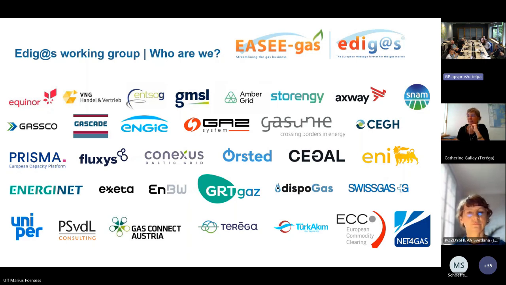Next slide. So here you can see which members are there in our working group. We also have all the roles. We have traders and shippers, we have the TSOs, we have service providers, we have SSOs. We also have members that are hosting LNG terminals. And we also have members like ECC, for example, the clearinghouse of the energy exchange. And as I said, some service providers also, to get the full picture. And we also have, sorry to interrupt this, the platforms. As you can see, Prisma is a member of our working group. So for example, the capacity platforms are all involved in our working group.